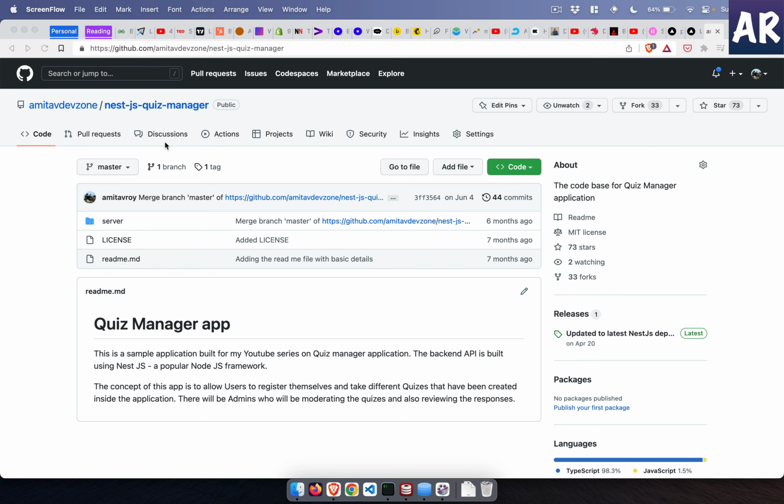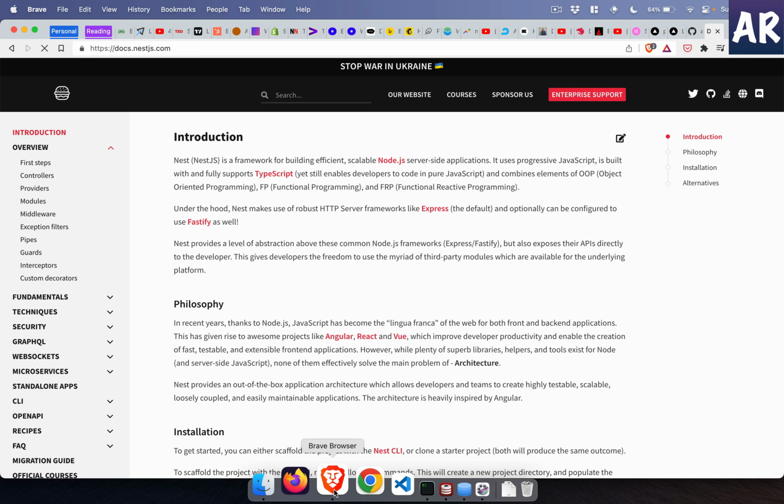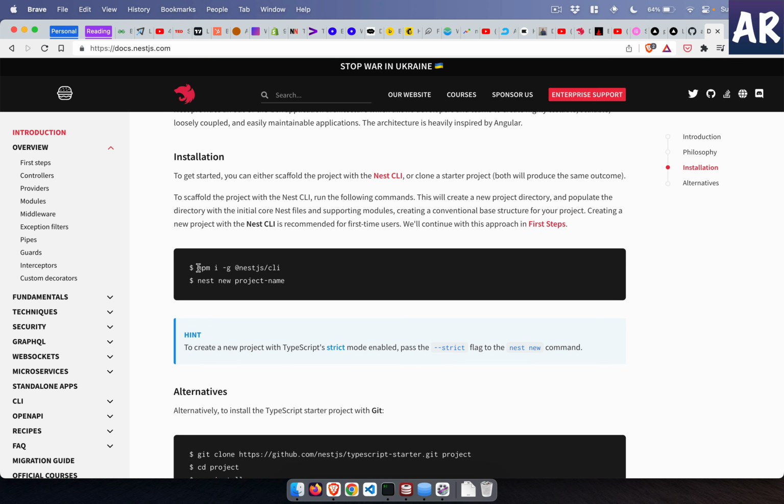So without wasting much time, let's get started and see how we can create a new NestJs project and implement TypeORM. So the first thing that we will need to do is actually look at the official documentation and understand how to create a new NestJs project for those of you who are not familiar with it. So I have already executed this particular command, which has installed the Nest CLI as a global dependency on my machine. So I am able to